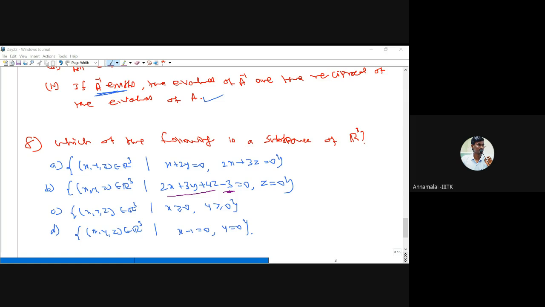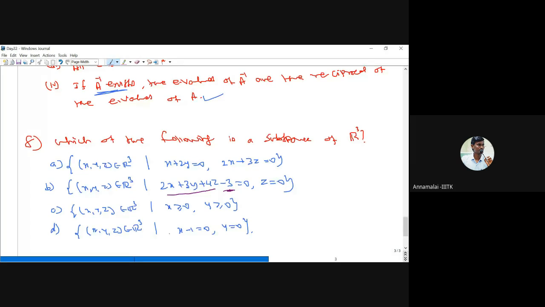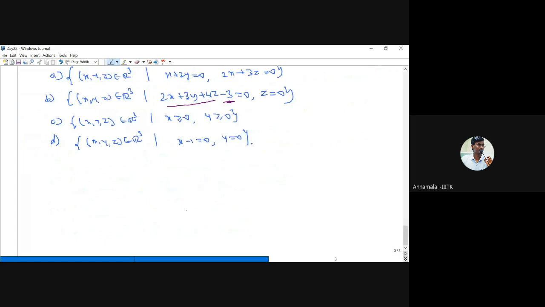Okay. Now, one more interesting problem. We have to find the dimension of the subspace. This type of problem they will ask regularly. So what is the problem? Consider the subspace W of R10, that is, it contains 10-tuples (x1, x2, ..., x10). So this is an element in R10